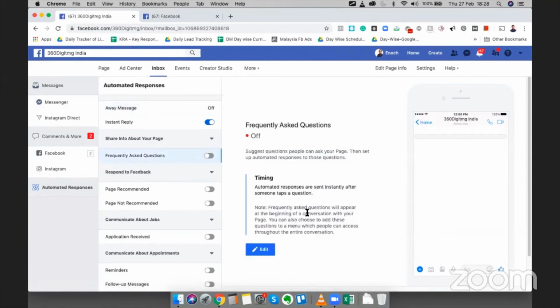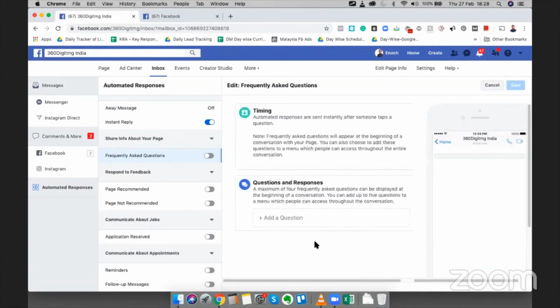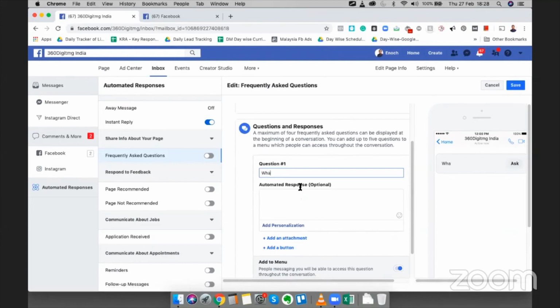And let's say you can set up frequently asked questions. So something like, okay, let me actually do it. So I can add a question: What courses do you offer?